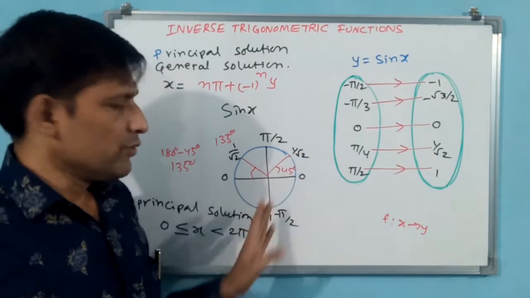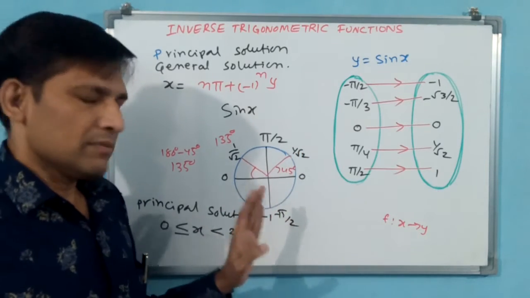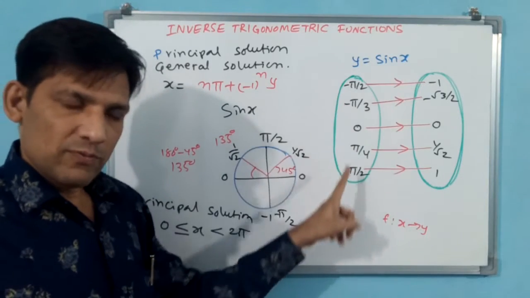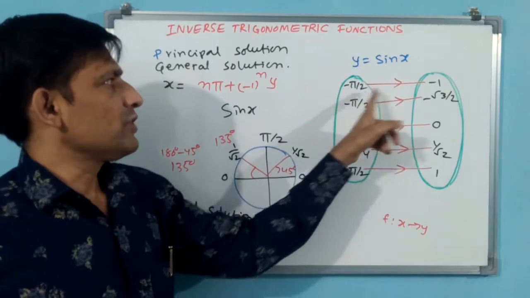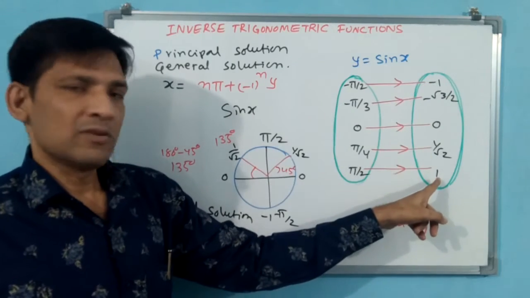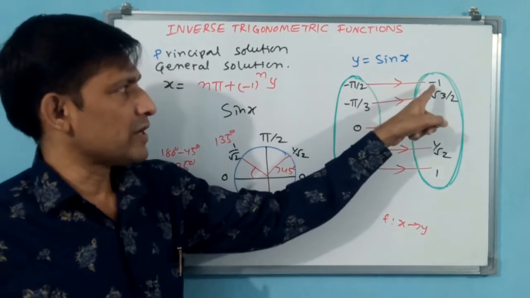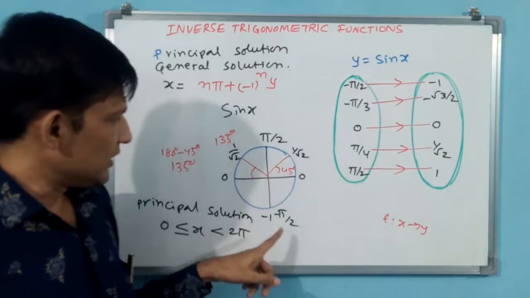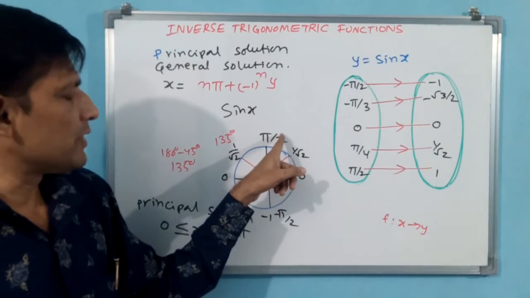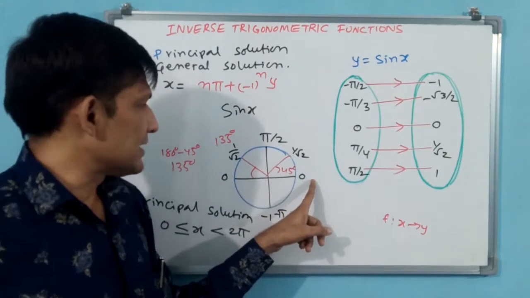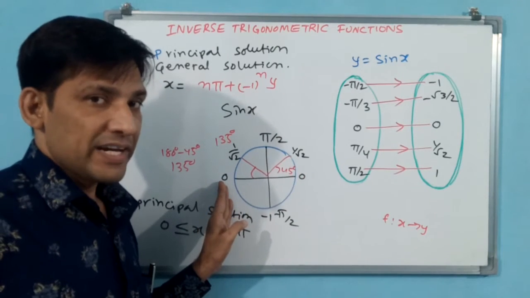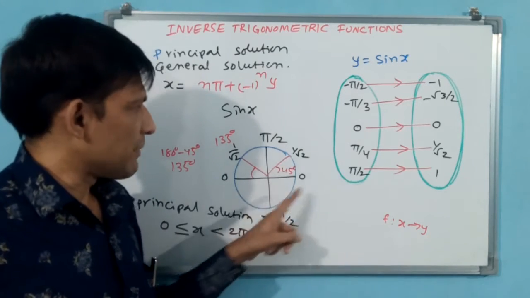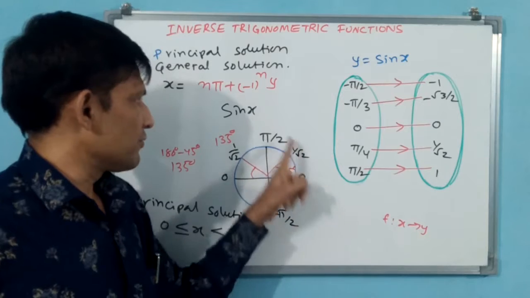when we give minus pi by 2 to pi by 2 as input, then you see minus 1 is coming but not repeating. That means minus pi by 2 value is different, pi by 2 value is different. 0 value only once it is coming. See why? Because we have not gone for 180 degree. Minus 90 to 90 degree only we have gone. Minus pi by 2 to pi by 2.